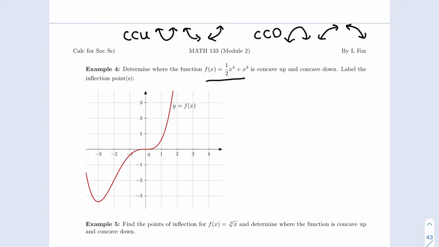So my first piece of the graph, I want to see what it looks like. This piece here, does that look like it's part of a U or an upside down U? This one looks pretty perfect to me to almost just be like a full U right there. So I'm going to call that piece concave up. All right. And then I have this little piece here that when I trace it and I try to figure out what part of the U it belongs to, I think it looks like the left side of concave down. So I think I have a tiny piece